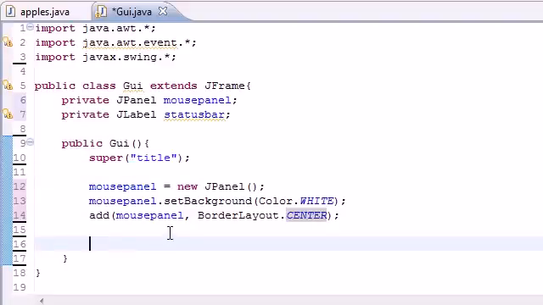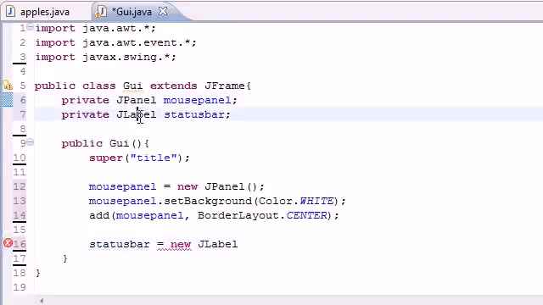Not very exciting. So let's go ahead and add that status bar we talked about right here. Go ahead and type in status bar, and we will set this equal to new JLabel. Remember, don't get this confused, JPanel, JLabel. Your status bar is the JLabel. And just set it to